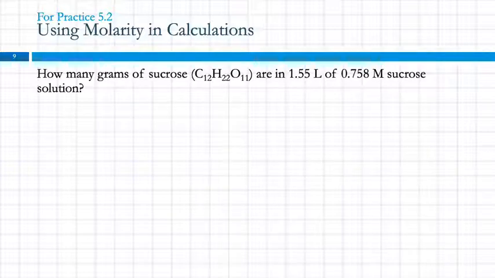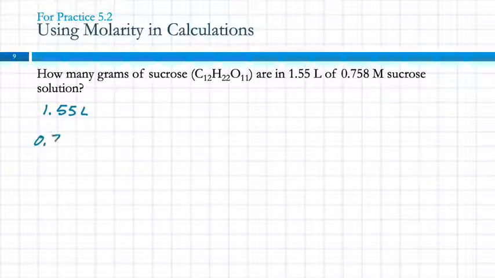Some problems, like calculating the molarity, we needed to use an equation. A lot of these end up being dimensional analysis. So if you're not sure what to do, I'd say try dimensional analysis first, and then you might find out you need an equation, but no harm done. So I read the question. I'm going to pull the numbers out and write them down, because I'm not exactly sure what I should be doing here. So I have 1.55 liters,